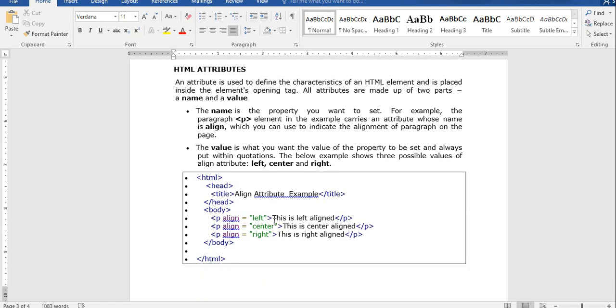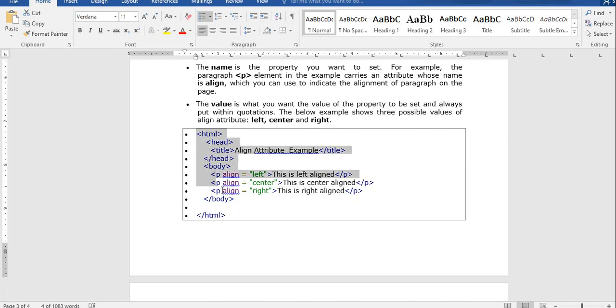See here, I want to display this paragraph from the left side. So align is the name and left is the value. Here align is an attribute for which tag? Paragraph tag. Okay? If I didn't specify these alignments, everything will come from the left side only. But in this program, I specified this line should come from the left side, left alignment, this line should be in the center and this line should be on the right. That is what I mentioned: alignment left, center and right. So the values must be in double quotes. The name is an attribute. Clear?